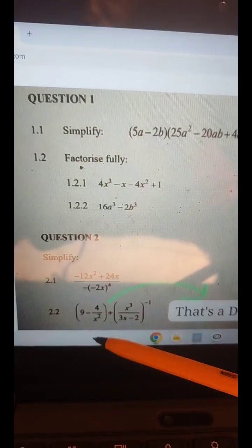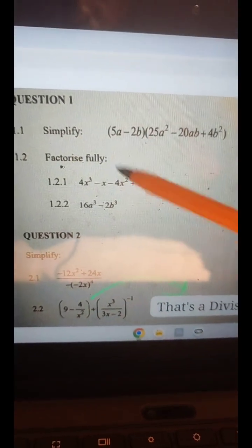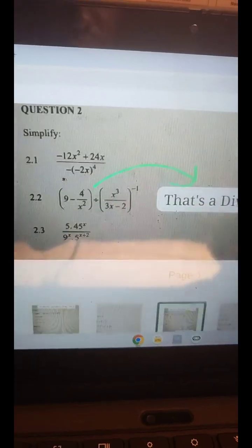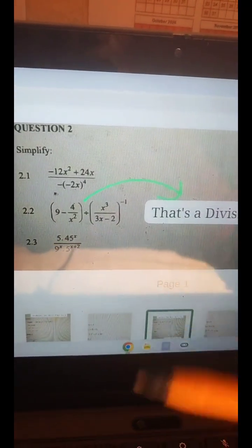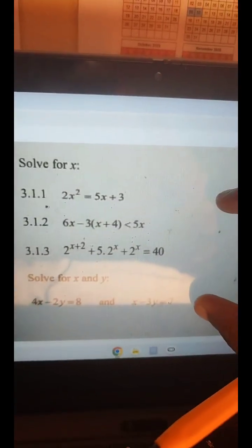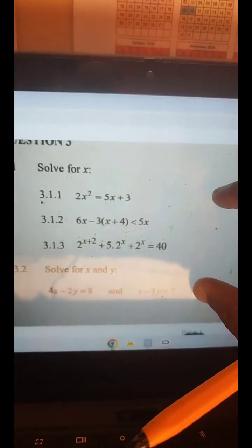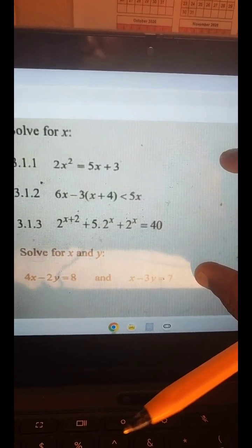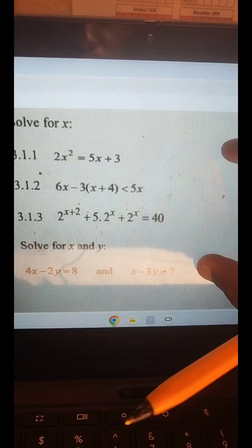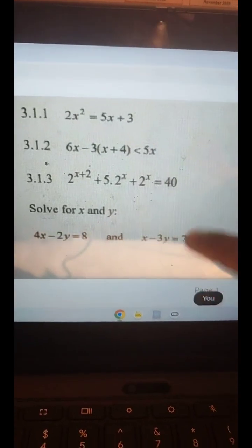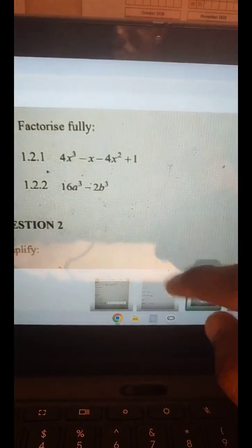So we're going to look at these questions, guys, as you can see them there on the screen. Simplify, factorize, a bit more simplification questions there that you can see. And then as we turn over the page, we'll look at some solve for x type questions. Solve for x for grade 10, exponential equations, simultaneous equations, and that will be that for today, all right, for grade 10s.